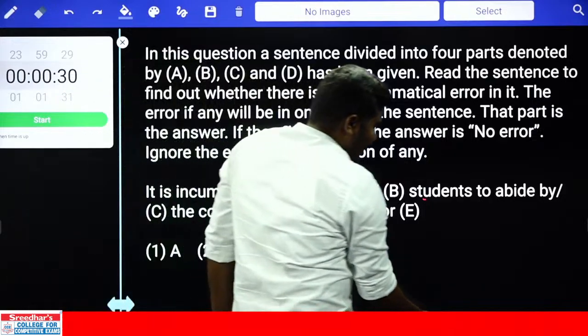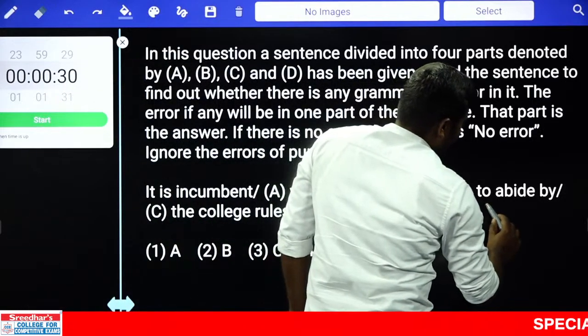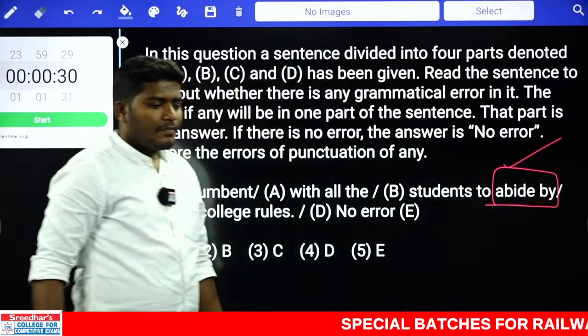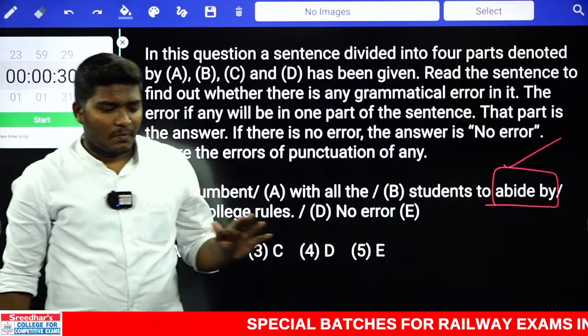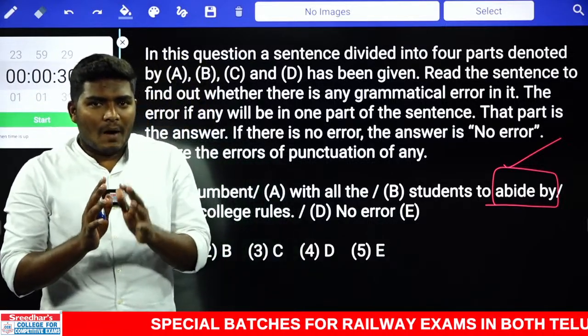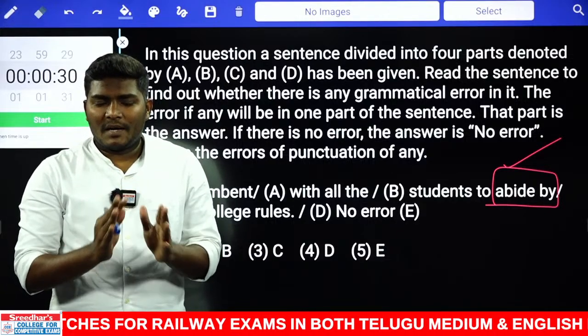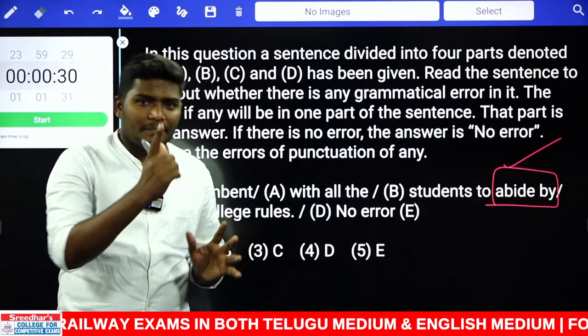Look at the first combination. Abide by. No, please stop answering. Abide by is a fixed rule. We cannot change the combination abide by. Abide should be followed by